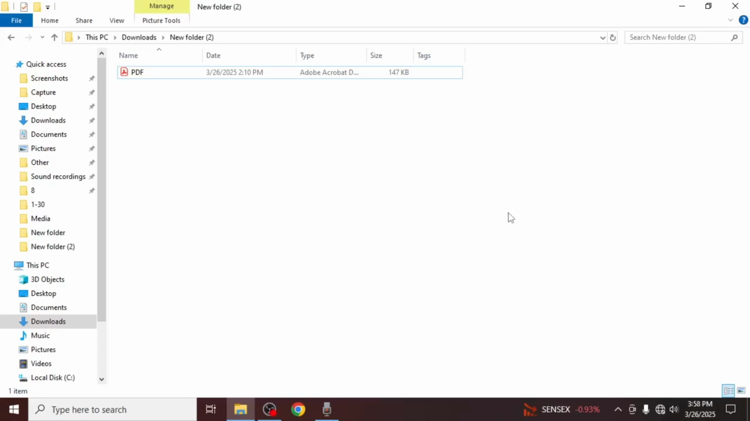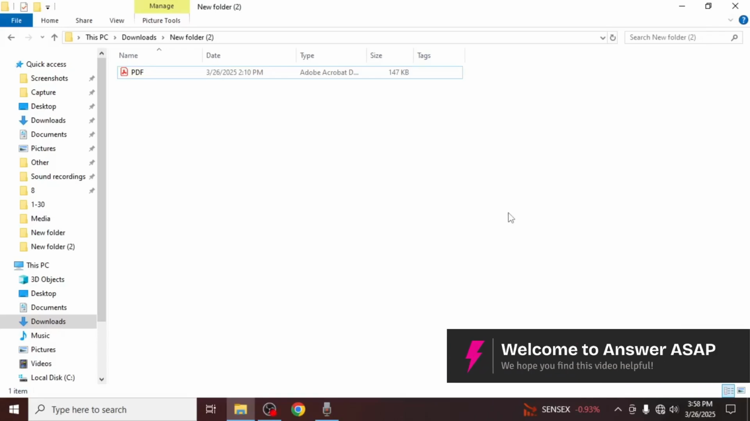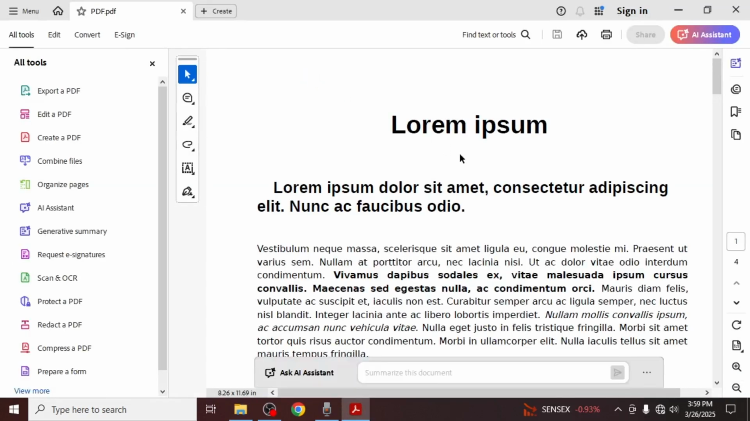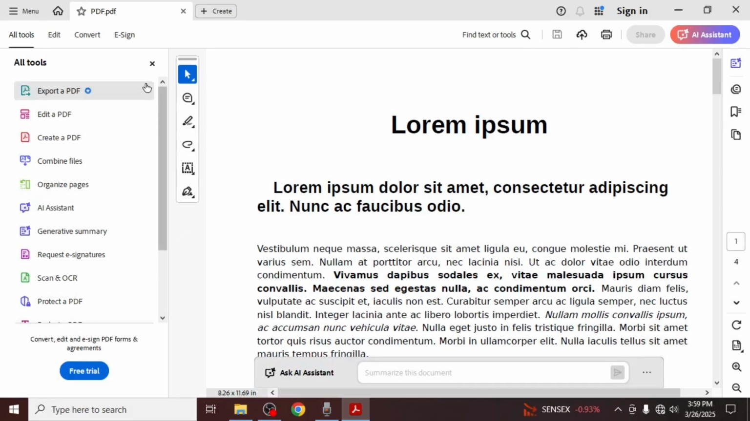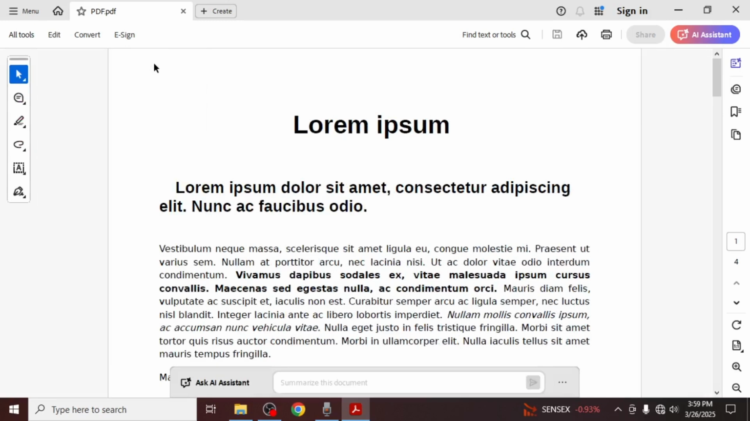In this video, I'm going to show you how to hide all tools in Adobe Reader. When you open any document in Adobe Reader, you will notice that the All Tools section appears on the left side of your screen. You can manually close this section by clicking on the small X icon, but once you